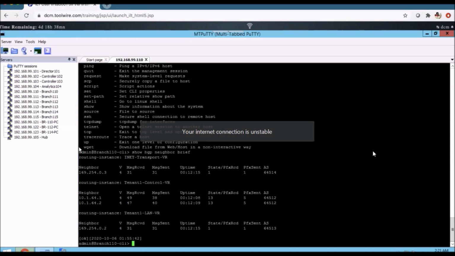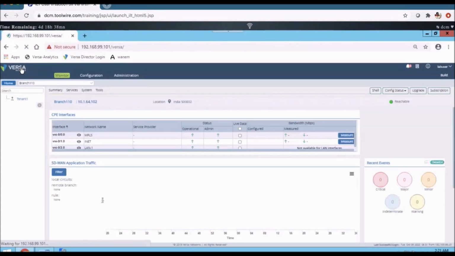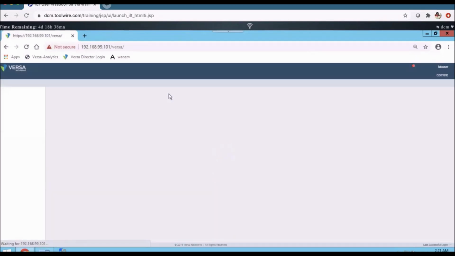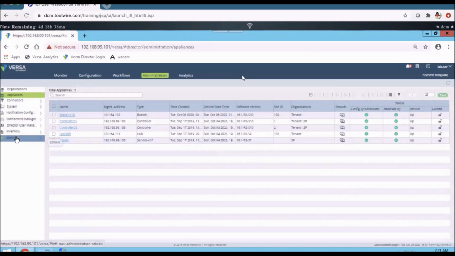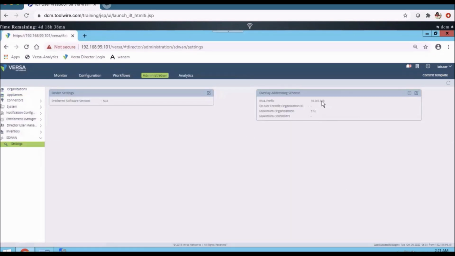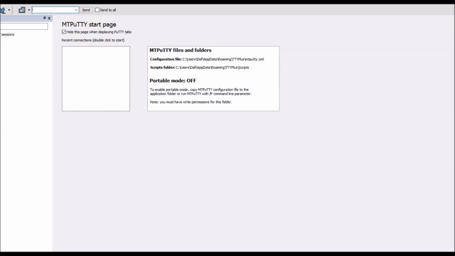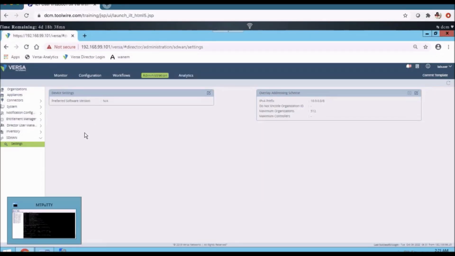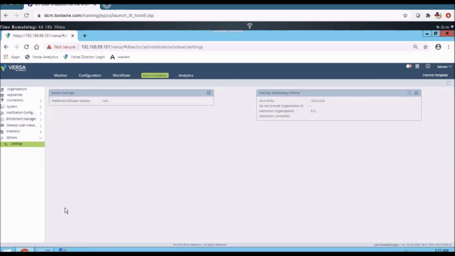Exactly. Under this administration, I showed this information, the SD-WAN settings. Under these SD-WAN settings, you have this IP prefix. So it is from the pool and it has assigned that IP.